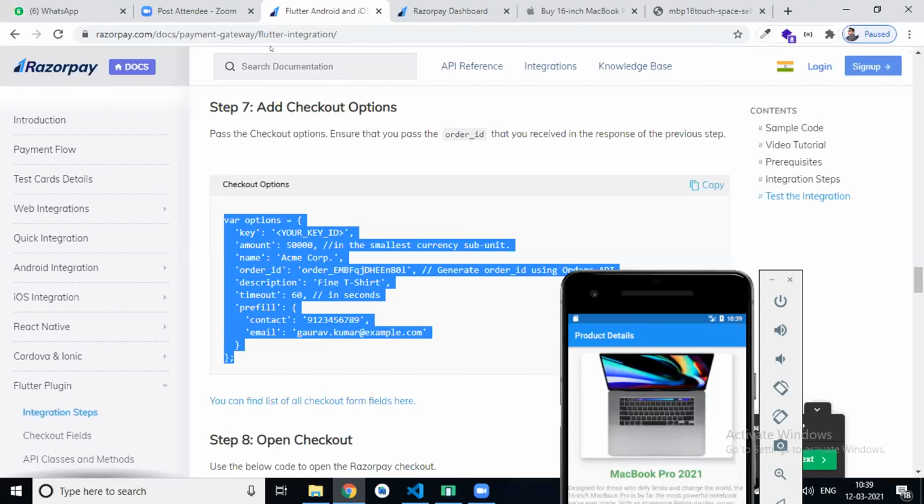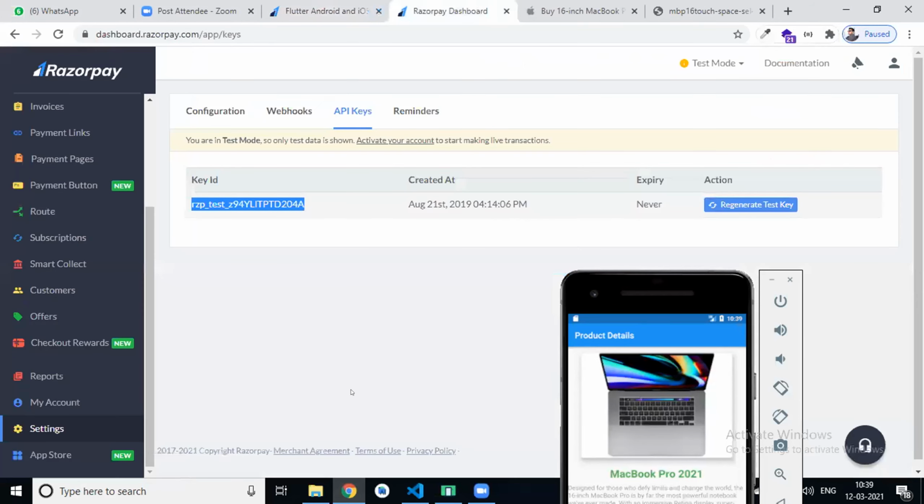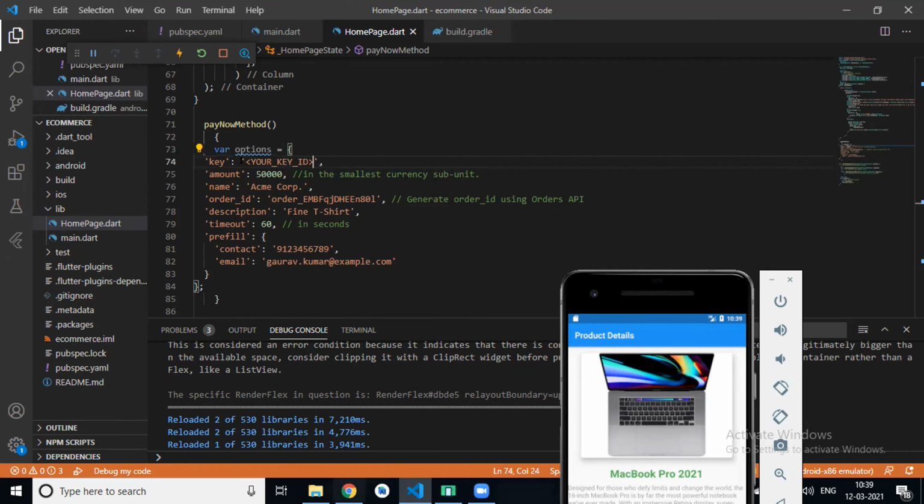So copy this key ID from here and paste it here as the key ID. Then the amount is in the smallest currency subunit. If I pass 100, then this is basically 1. If you want 100, then multiply this amount by 100. Clear?